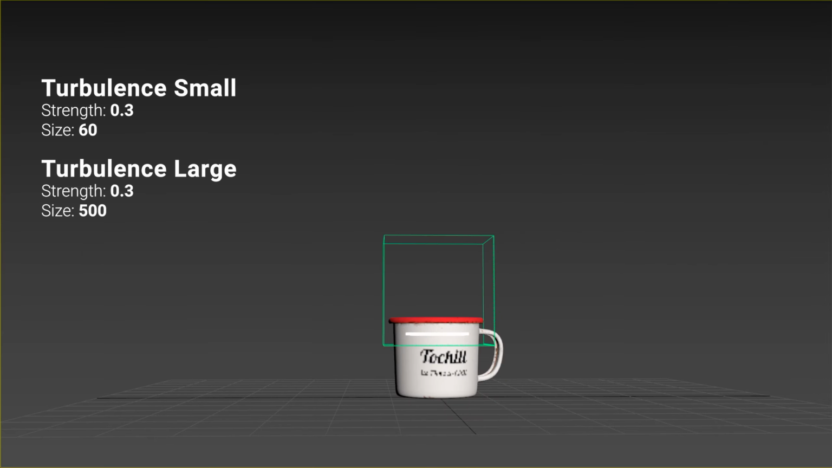Alright, the simulation I've done took 20 minutes, but before showing you the final results,